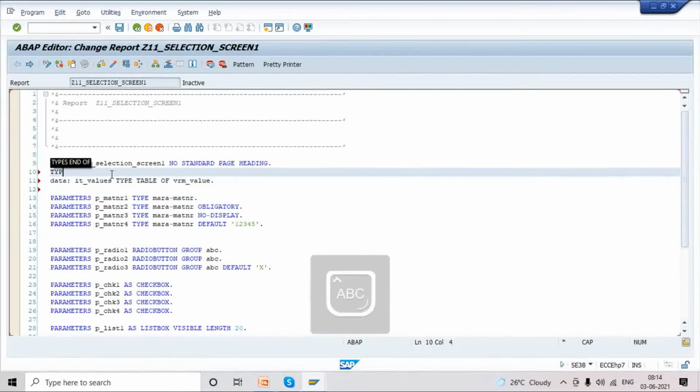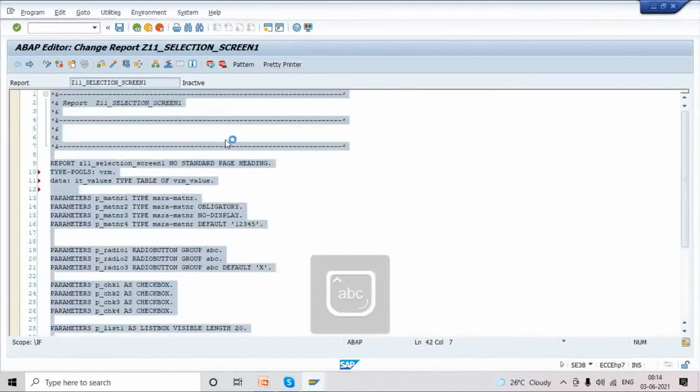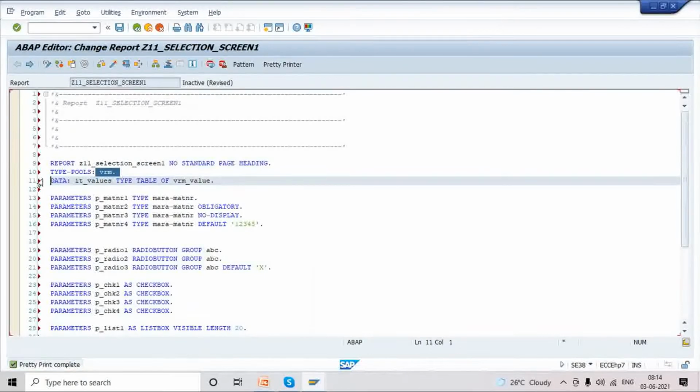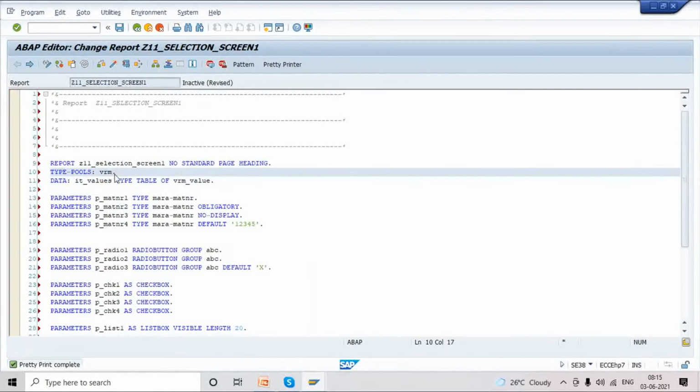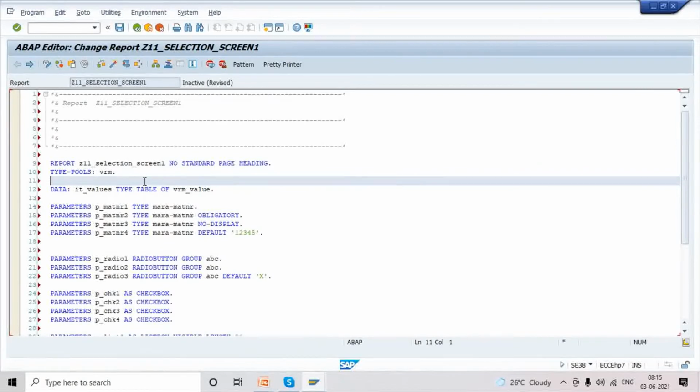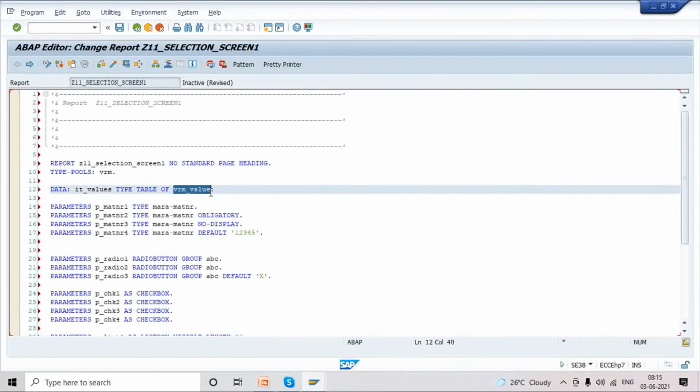We just call that type group name. This is the keyword to call the type pools. Whenever we call the type pool name, type group name, automatically the structure will also be loaded in this program. So we don't need to create a local structure separately with begin of, end of. We can directly use the structure name here.